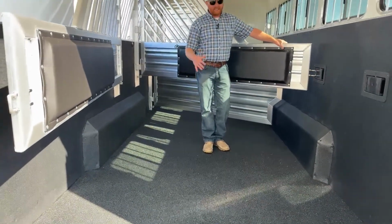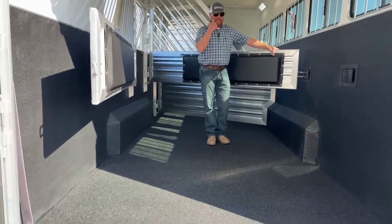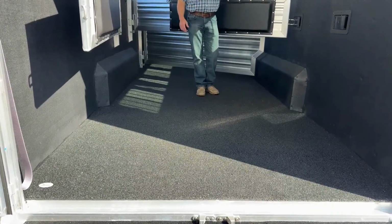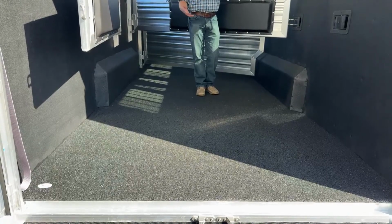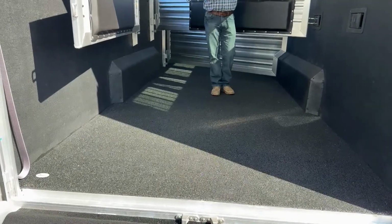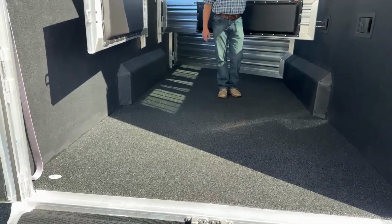So really easy. Those mats are like wrestling alligators. They're not fun. This here, you don't have to worry about that. We don't have to worry about that urine getting down to the aluminum, but fantastic upgrade. It's so much cheaper when you're doing it when it's new rather than after the fact. It'll cost you more per square foot, so definitely protecting the investment of this trailer for them by having